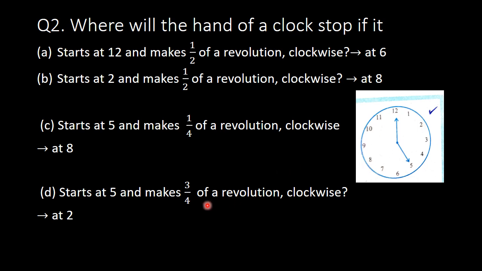Or we can say 3/4 of a revolution means 3 right angles. Okay. So in 3 right angles, we have one straight angle and one 1/4 angle. So straight angle reaching time, it reaches the opposite number, 11. Then again 3 numbers. Here again we get 2. Anyway, it is your option. You can choose any method for finding the answer. Okay, children?